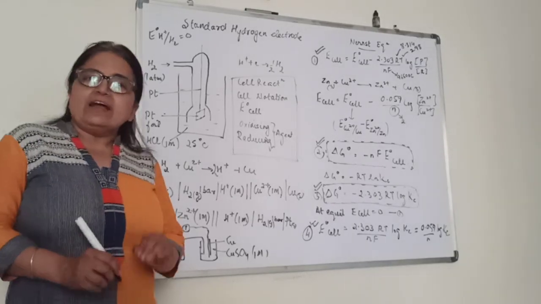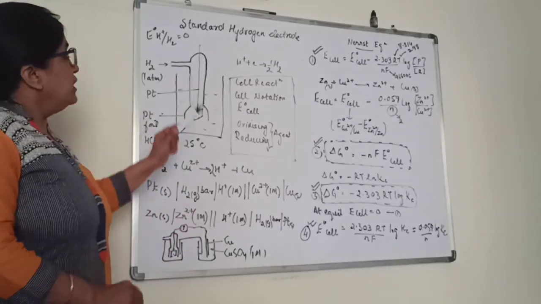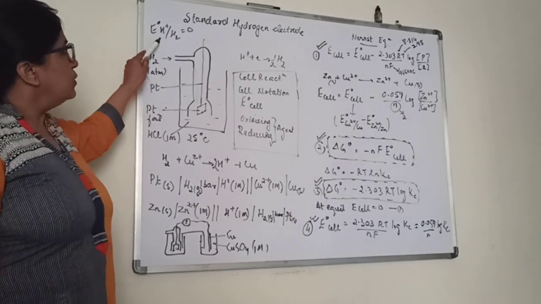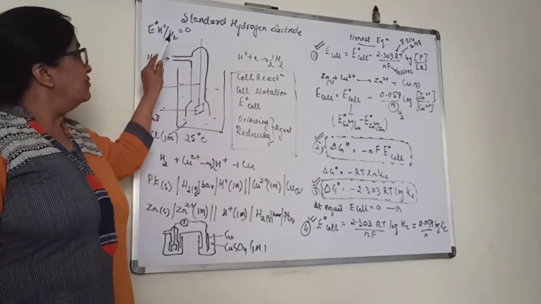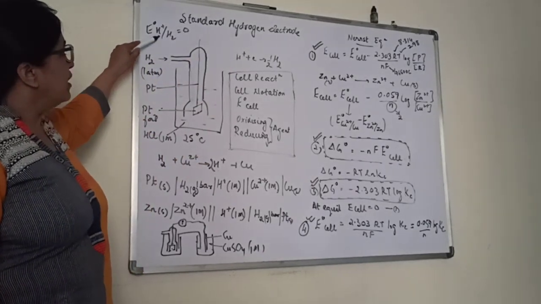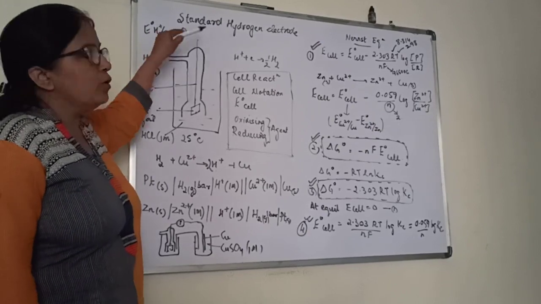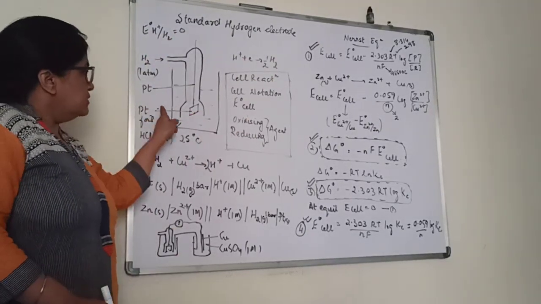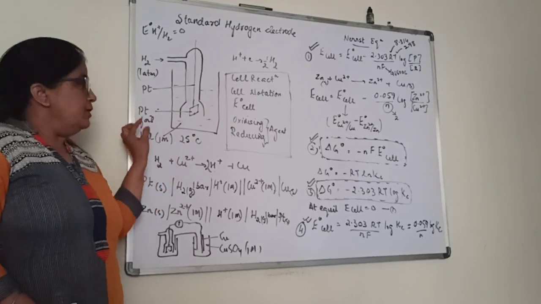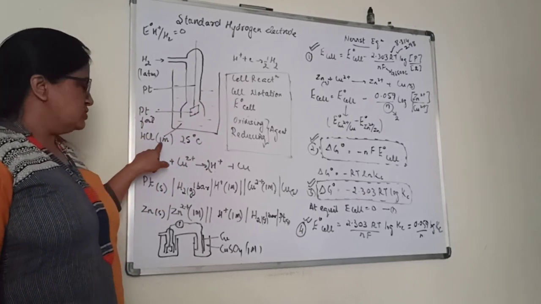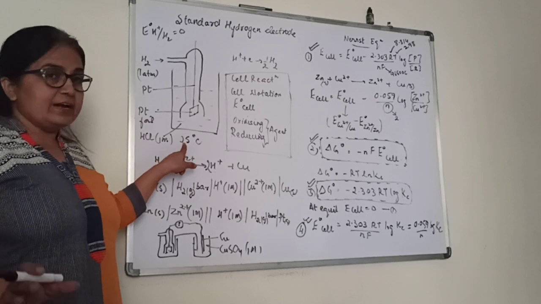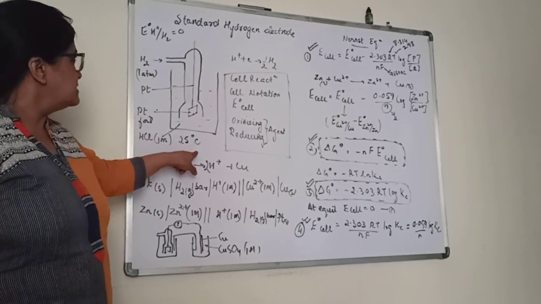We will talk about the standard hydrogen electrode. It is called standard because its E naught value is 0. We read this as the standard reduction electrode potential of hydrogen. Now there is a container which has HCl, concentration 1 molar, that is the standard condition, at 25 degrees Celsius, and